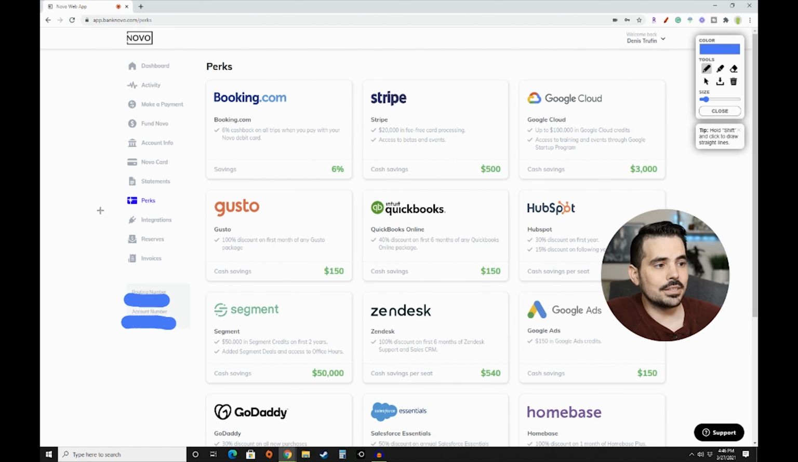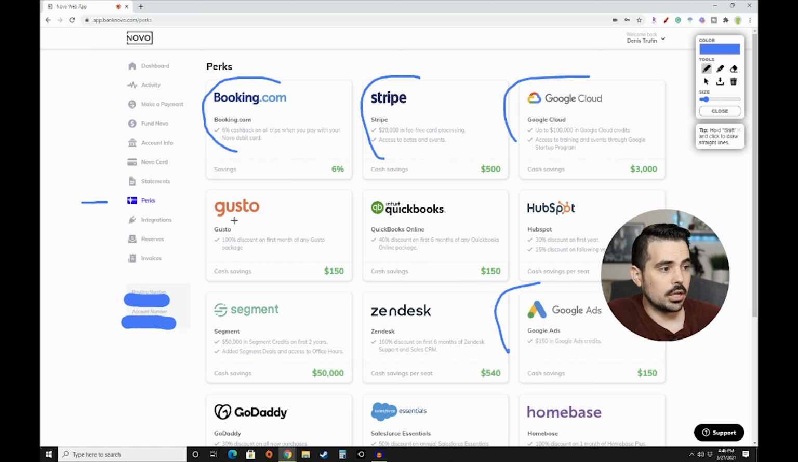Now, I went ahead and clicked on the perks section right over here. You can see, and this will give you some different perks for using the Novo Bank card. You can see like getting discounts at booking.com. You get discounts for Stripe, Google Cloud, even Google Ads, and some other ones as well. They even have Gusto for payroll, which, in case you are curious on using payroll,